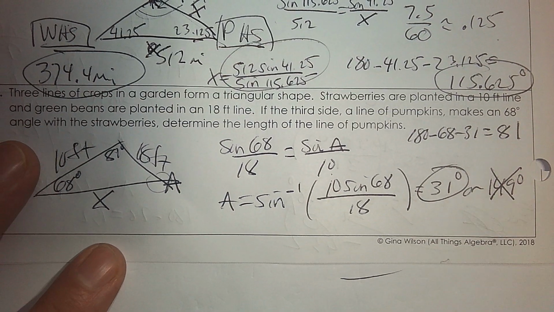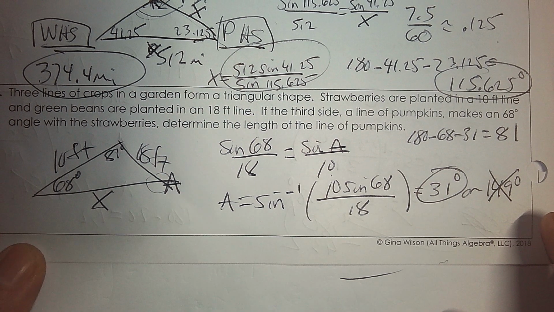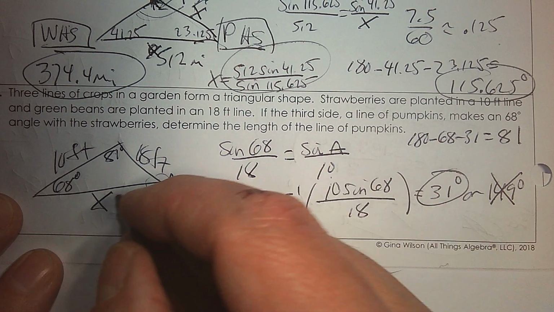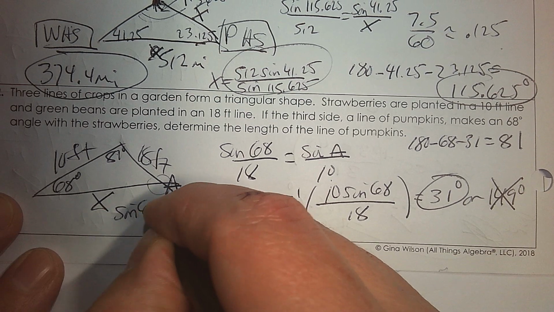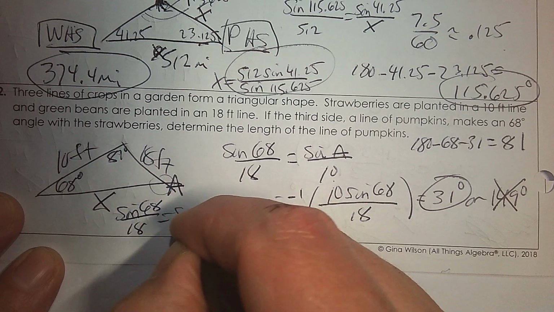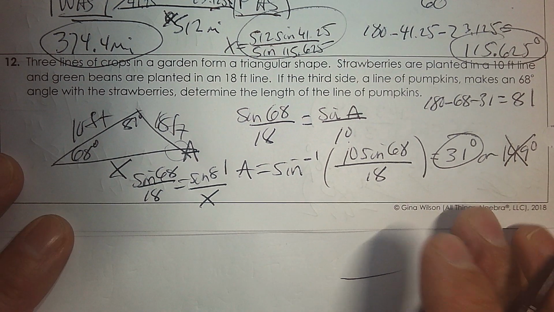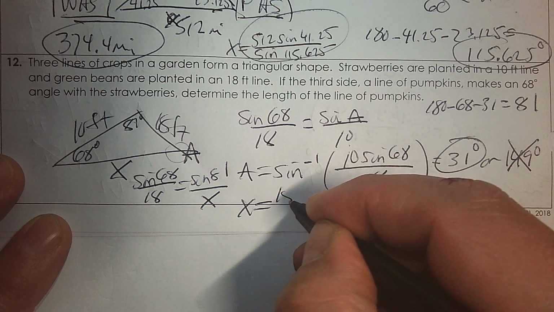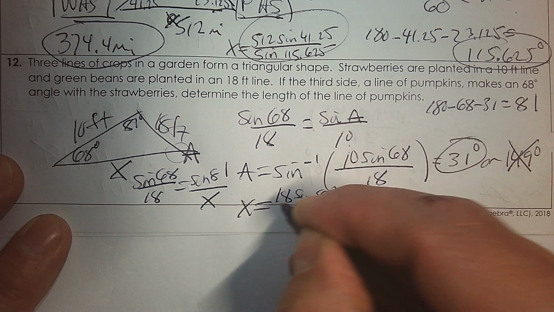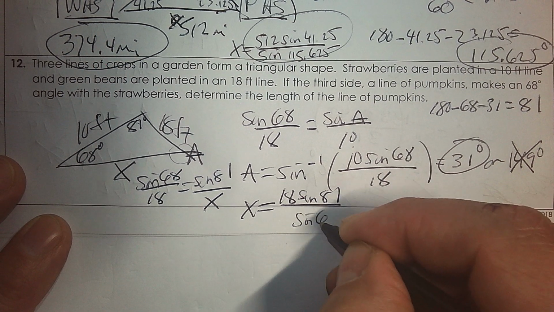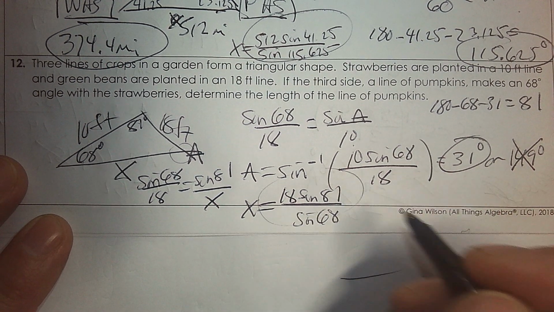So then I have to do it all over again. So I need to set it up now to find X. So it's sine 68 over 18, sine 81 over X. And then to get X by itself, you multiply 18 sine 81 over sine 68. Use your calculator when you put that in, and you find the answer is